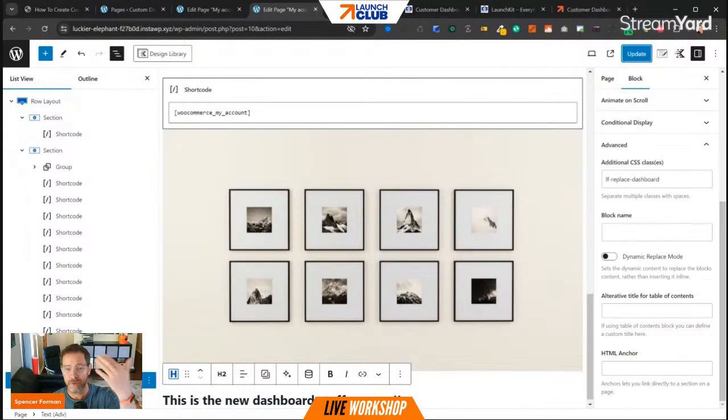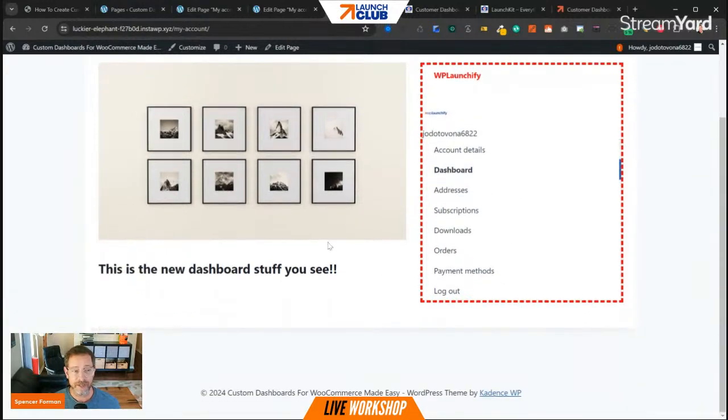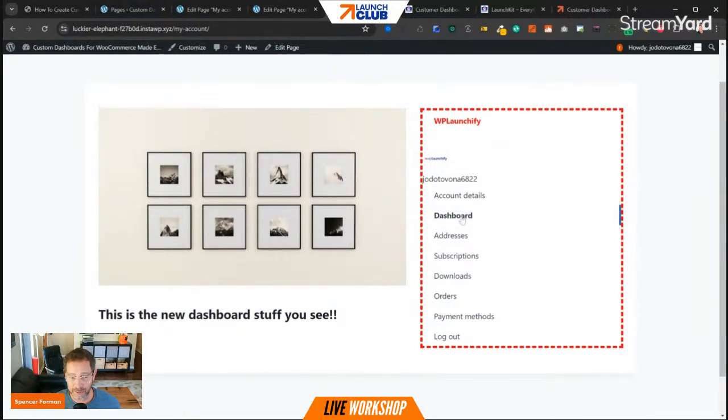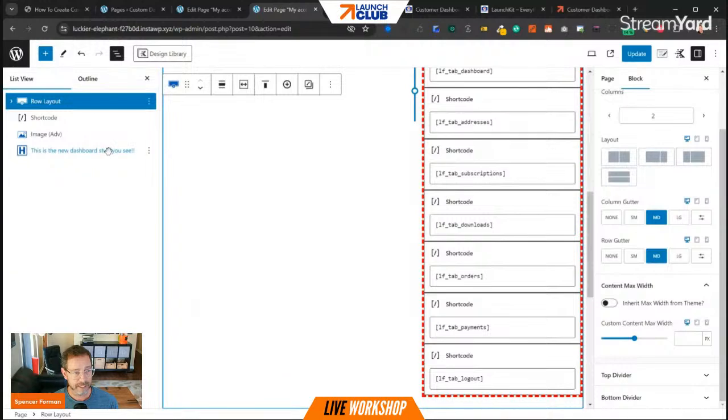The entire thing you give them will be a couple kilobits, but you can sell this for $97, $200, $500, whatever your design talents are. Notice there's no default dashboard content anymore. It's replaced by this stuff. And just to prove how ridiculously simple this is, if I took this layout and I wanted to save it,